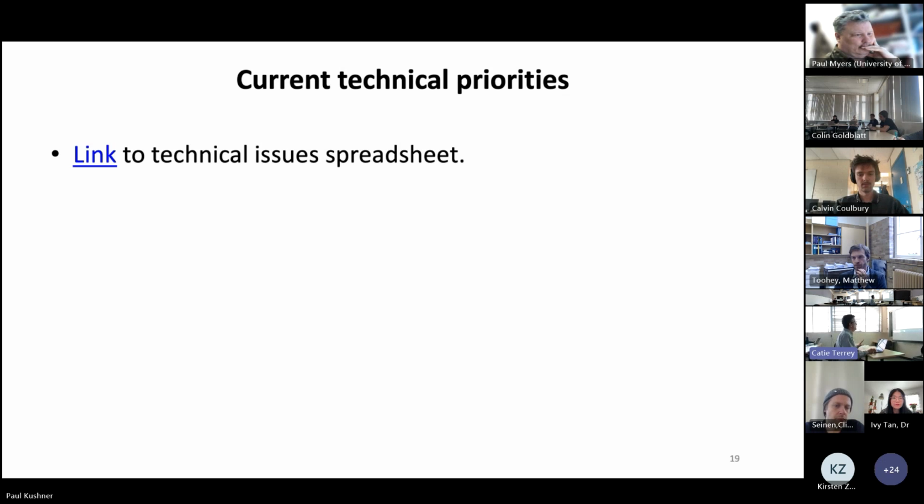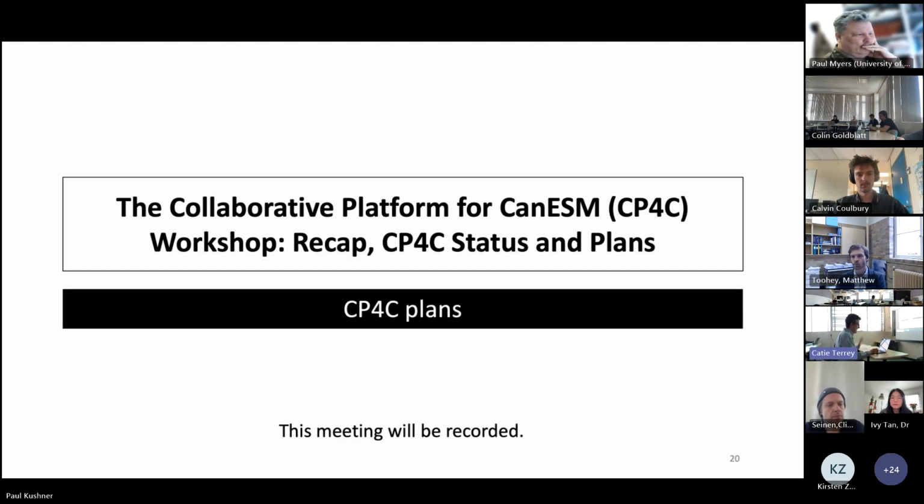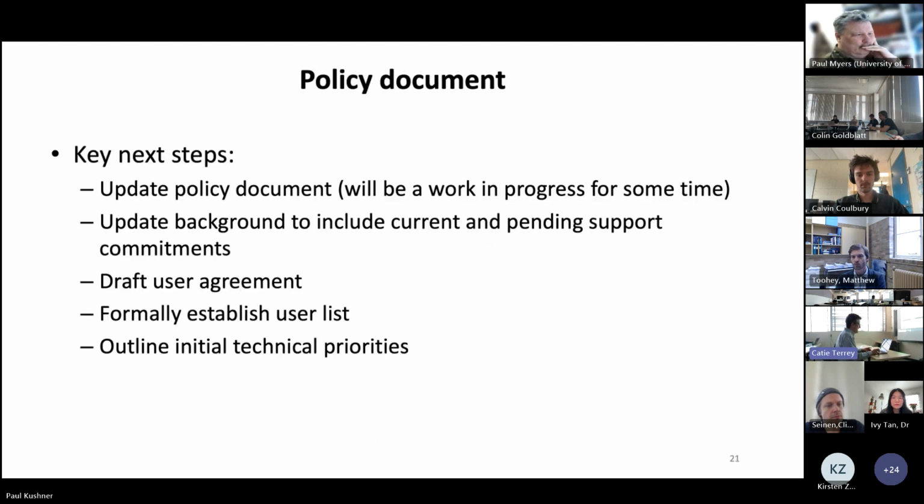All right. I know I'm over time, so I think I'll just plow ahead and talk about our plans. So the key next steps are that we have to update the policy document. We need to make progress on a lot of the elements inside this policy. And here I'm leading on the steering committee for a lot of work on this.